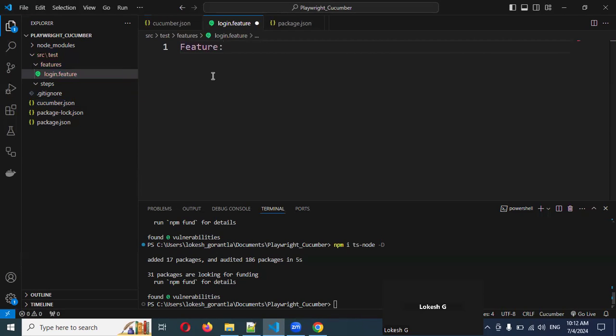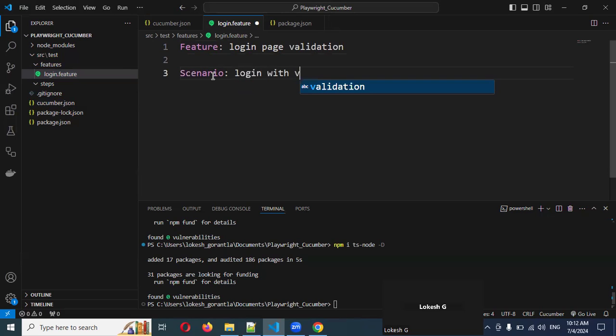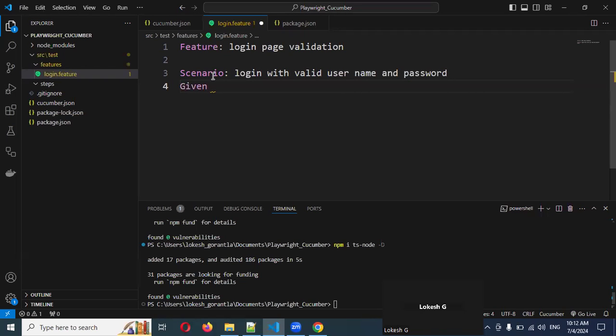Okay, and colon, and you can provide here the feature name as login page validation. Now then, scenario, what is my scenario? Only for login with the valid username and password. Okay, and what is the given? The given is basically my step, which is provide valid